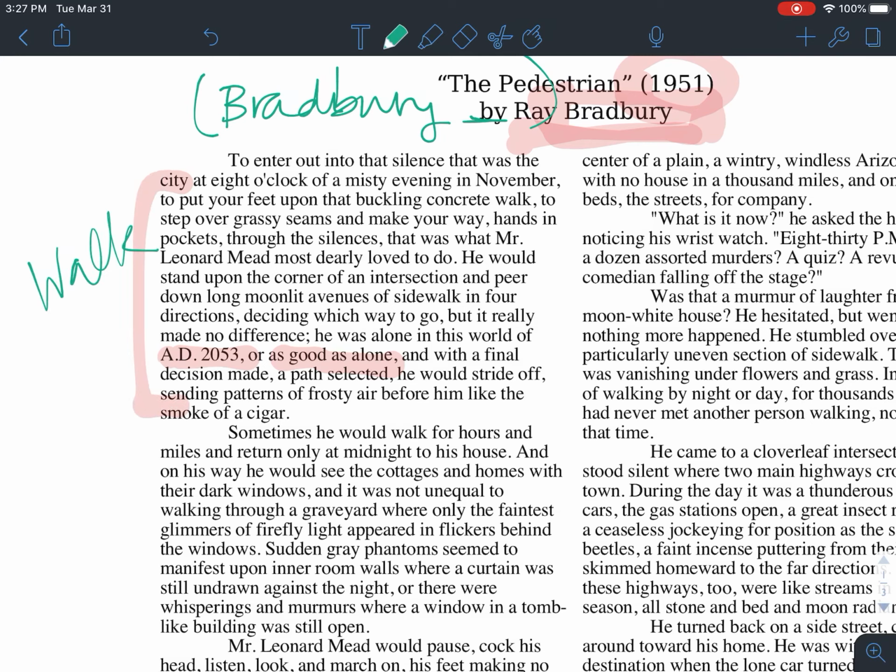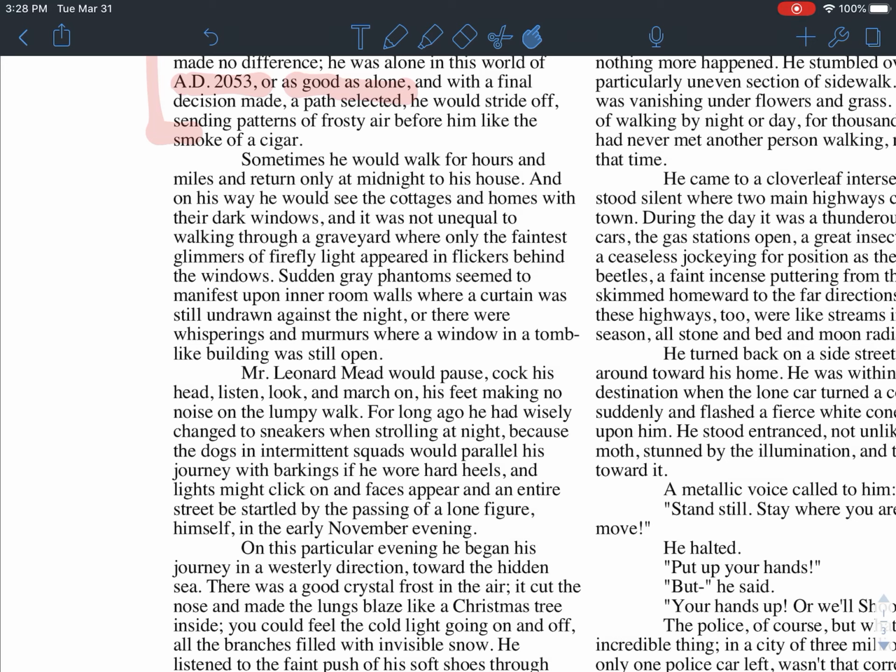Sometimes he would walk for hours and miles and return only at midnight to his house. And on his way, he would see the cottages and homes with their dark windows. And it was not unequal to walking through a graveyard where only the faintest glimmers of firelight appeared in the